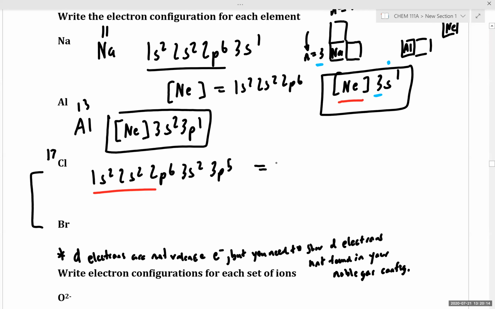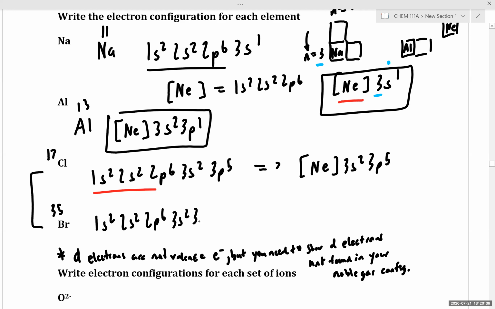So we'd write our abbreviated configuration as neon 3s2, 3p5. Perfect. So for bromine with 35 electrons, we've seen our configuration was 1s2, 2s2, 2p6, 3s2, 3p6,